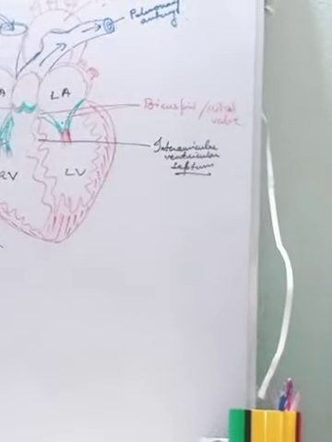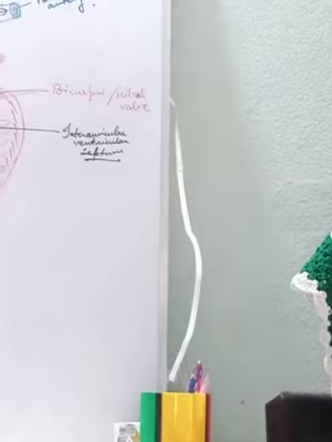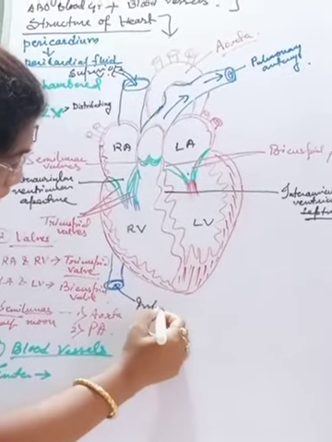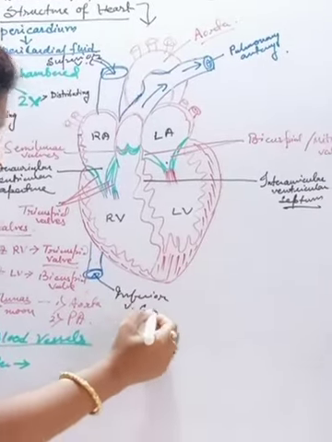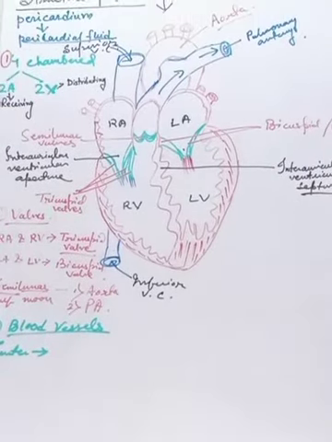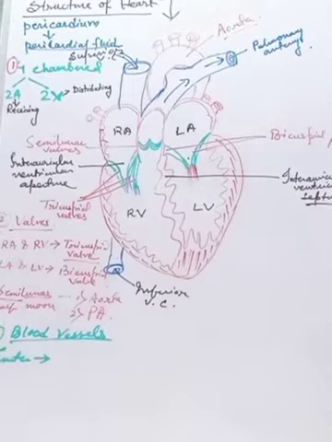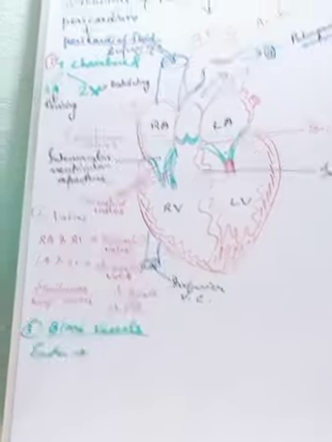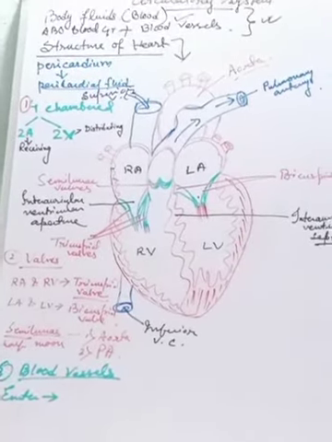From the upper part I am marking in black. This is called superior vena cava, and this one is called inferior vena cava. Now, what is the difference between the inferior vena cava and superior vena cava? Superior vena cava brings the blood from all the upper parts of our body, mainly from the head, from the arms, and from all other parts of our body which are concerned with the upper. Okay, so they are called superior vena cava or precaval vena cava or anterior vena cava. Three consecutive terms we can use.